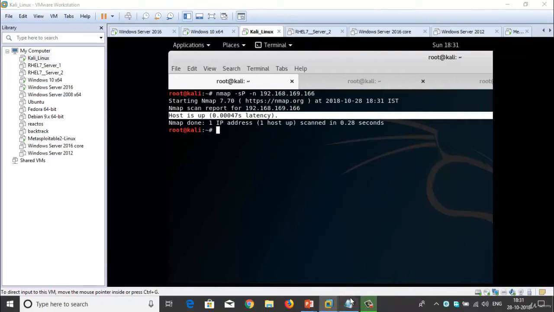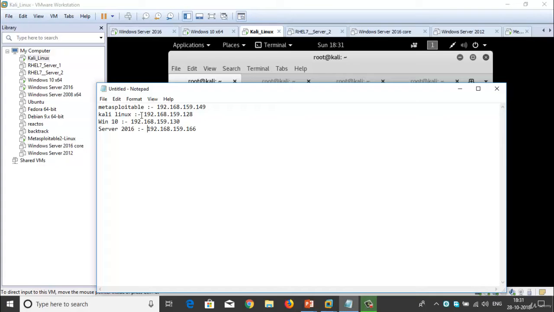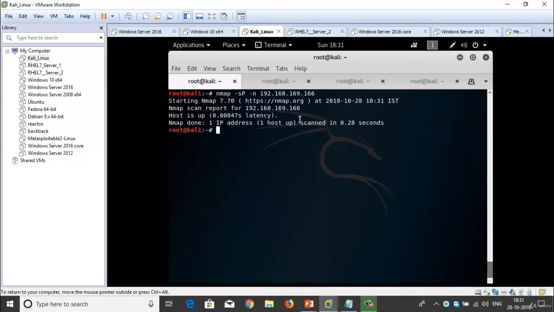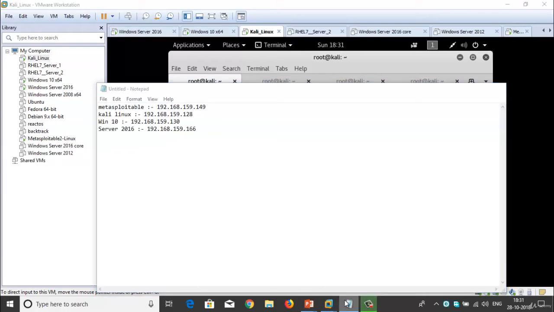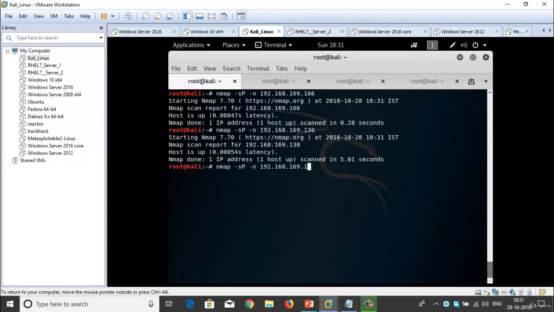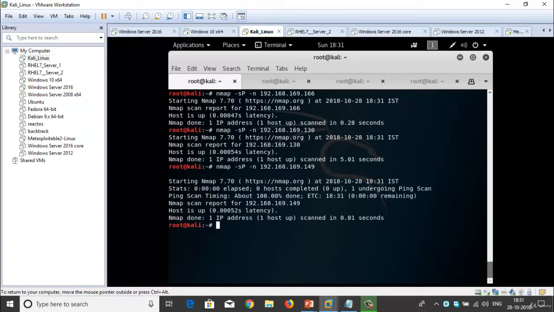Same, we already discussed IP addresses, so let me ping the 130 host. So the host is up already. Same, we can ping the Metasploitable one, 149 is the Metasploitable IP address.